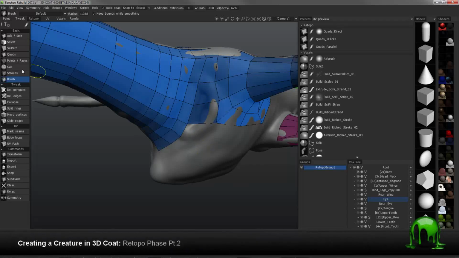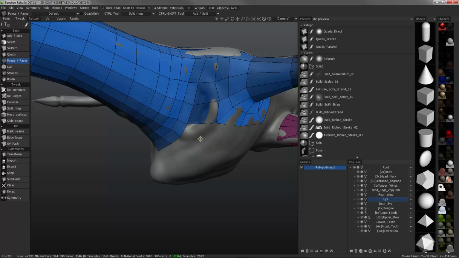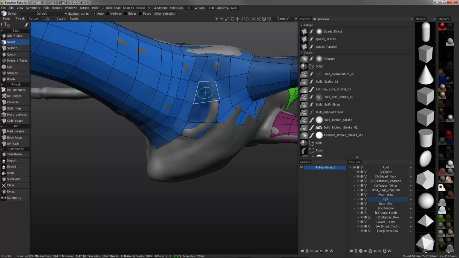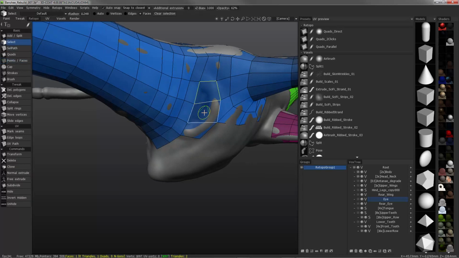I'm going to continue our retopology work on this creature by going to the Points and Faces tool, and I can just click to lay down an individual point and right click to create that quad once I see a preview that I like. I'm switching to the Select tool, select these polygons, and we're just going to do like you would